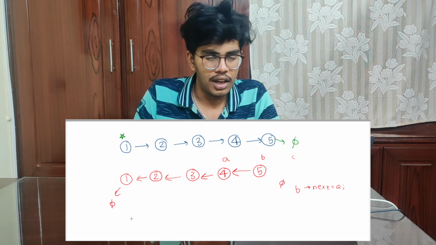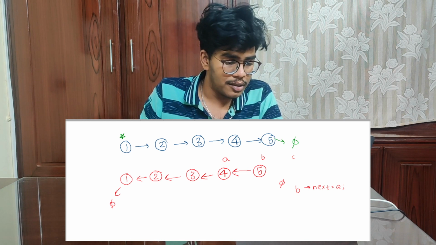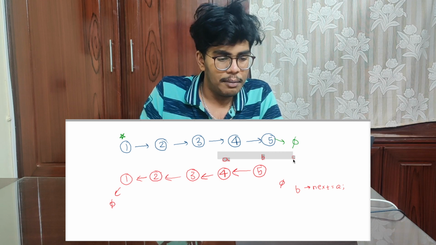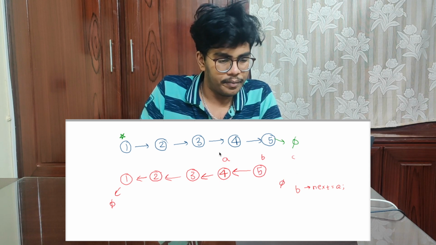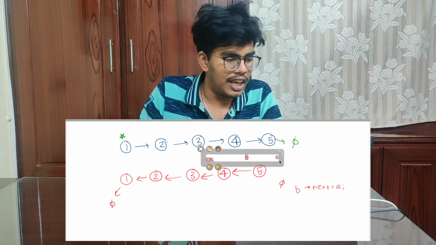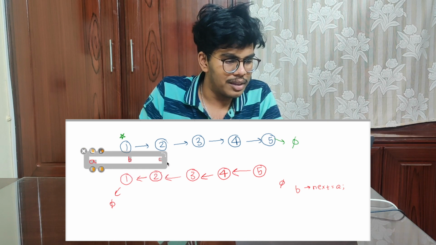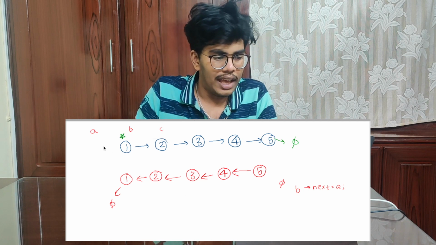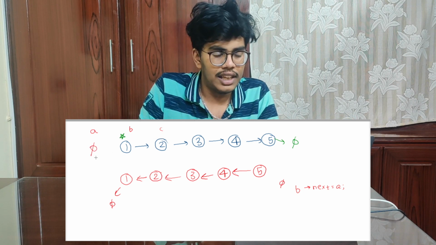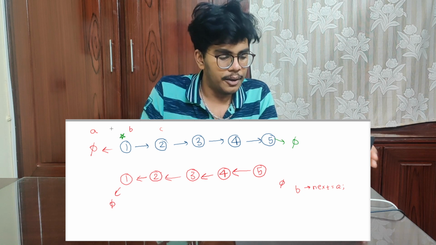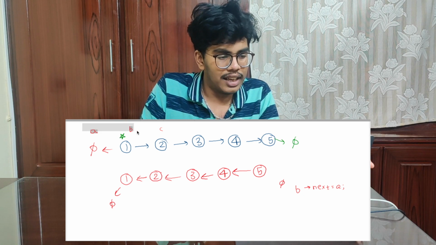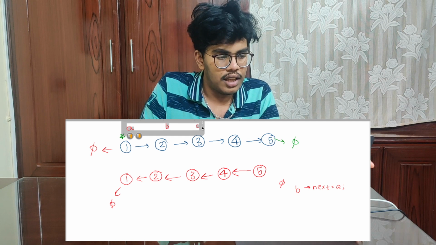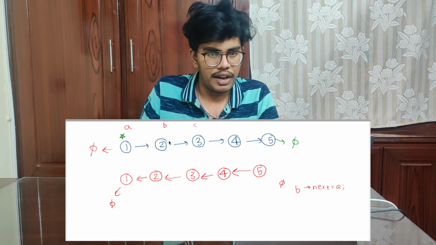Let me explain from the start how to go about this. It's quite simple, moving A, B and C. Let me move A, B and C way back to the start and understand how things are being done, applying it to the first given linked list. A is initialized with the null pointer. Then you connect B dot next equal to the null pointer. Then again you move A, B and C to the next position, and then you reconnect this and you go on.